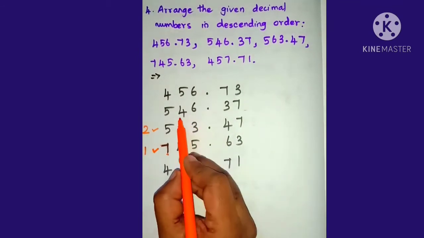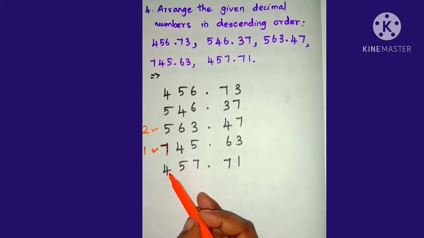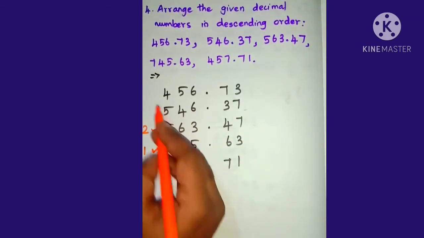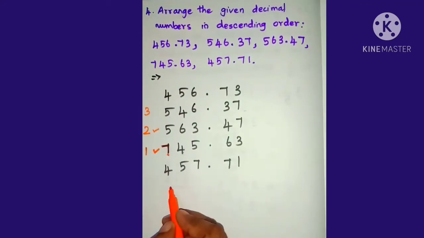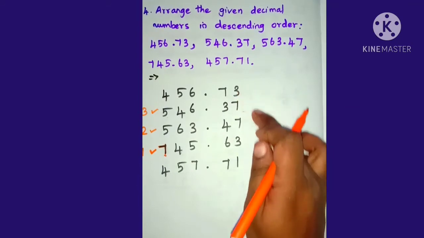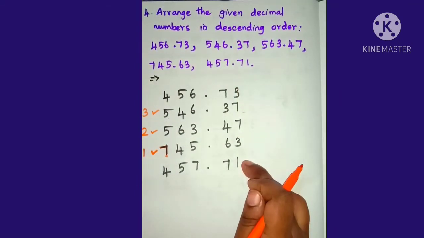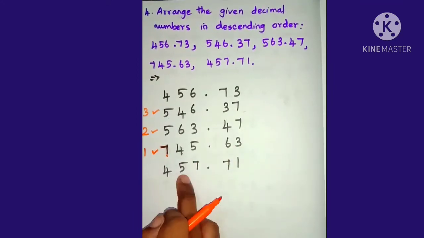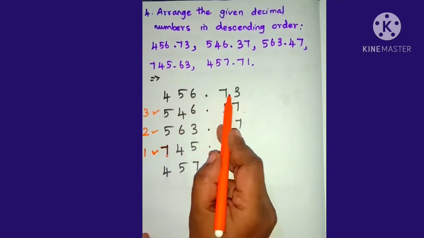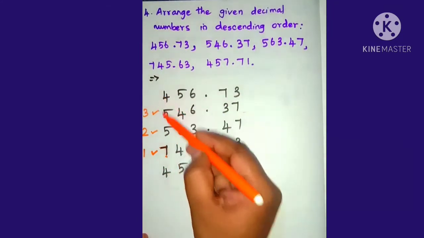And then 546 and others are 400s decimal numbers only. So 546 will be the third greatest number. So here the remaining are only two numbers. So here 457.71 and 456.73. So see the hundreds place, same 4